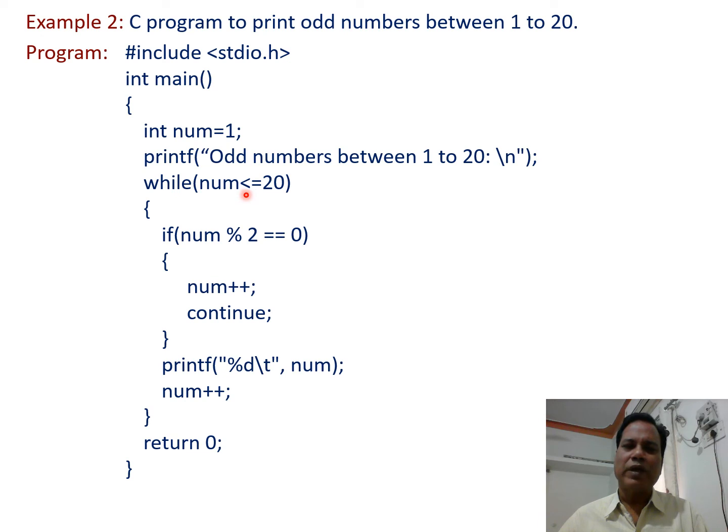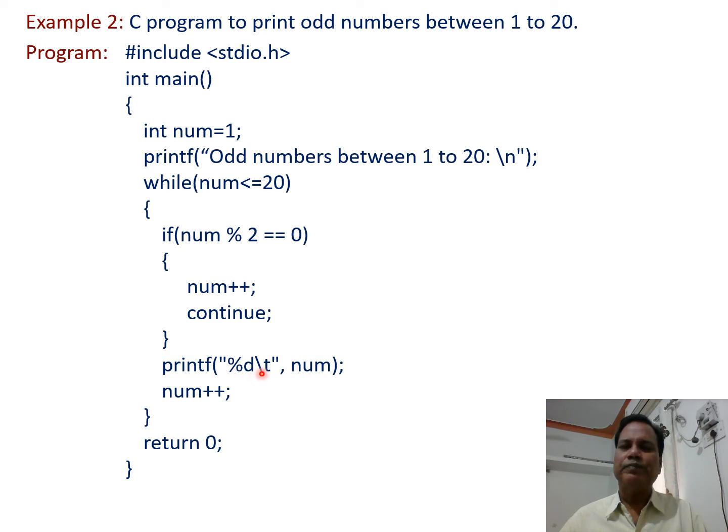So condition now here, 3 less than or equal to 20. This condition is true. Then control again enters the body of the while loop. The condition in the if statement, num modulo 2 equal to 0, is 3 modulo 2 equal to 0. This condition is false. So the continue statement is skipped. Out of the if statement, the printf statement prints the value of num, that is 3, on the output screen,